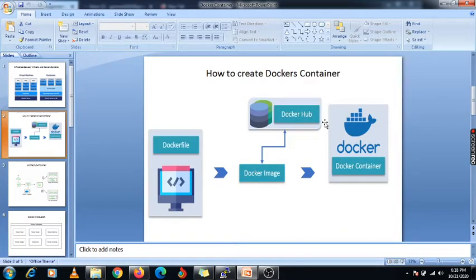Myself Ganesh. Today we are talking about the concept that is Docker, and under Docker we are going to discuss how to expose the port. Okay, so how to expose the port and how to publish the port. So there are basically two concepts. This expose or publish the port means whatever the port is available on your physical machine.